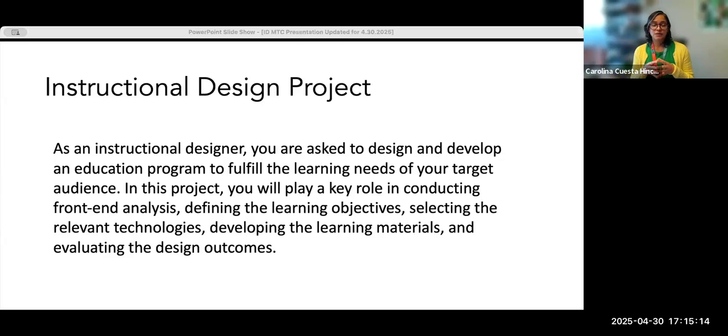So you will be asked to design and develop this educational program to fulfill the learning needs of your target audience. So we will learn how to identify target audience, how to characterize this specific audience, and how to identify the needs that our learners or future learners will have to design this specific project. We will focus on designing effective and efficient learning objectives. We will understand how those objectives are related to a specific learning outcome. And we also